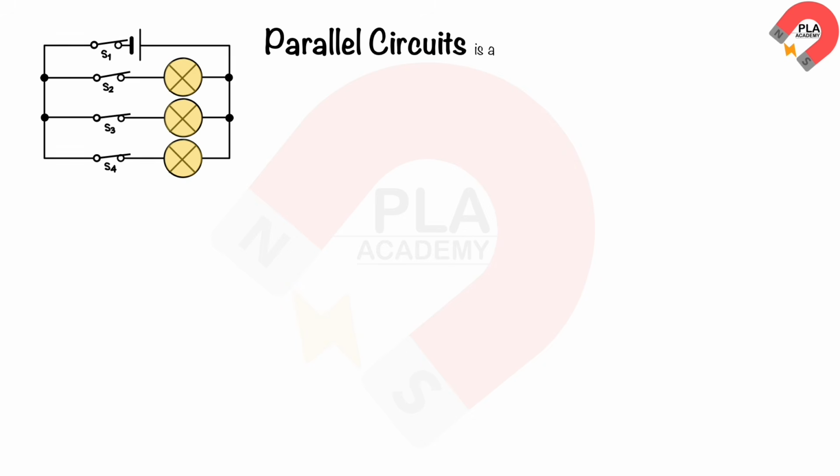Parallel circuits. A parallel circuit is a circuit with branches or junctions, providing more than one path for the current to follow. In a parallel circuit containing 3 identical bulbs as shown,